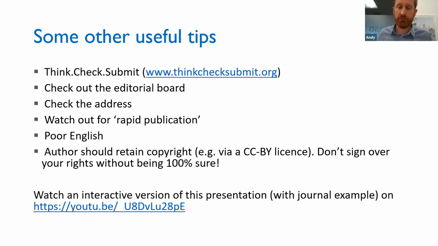And also, I didn't get time to mention Creative Commons, but I think it's already been mentioned in the workshop. But if you are publishing open access, you should be retaining your copyright. If you're not, then start to ask questions and be concerned. You should be retaining copyright, and the research should be published with a Creative Commons license. So don't sign over your rights, don't sign over your copyright without being 100% sure of what you're doing, because once you've signed over copyright, it's very hard to get the publisher to take the paper down or to do anything else with your paper.